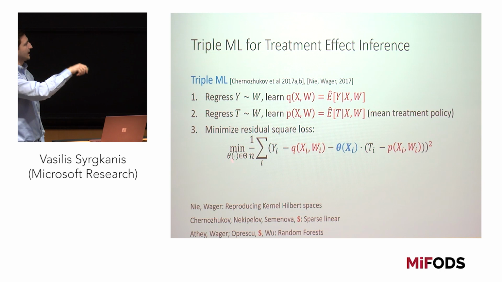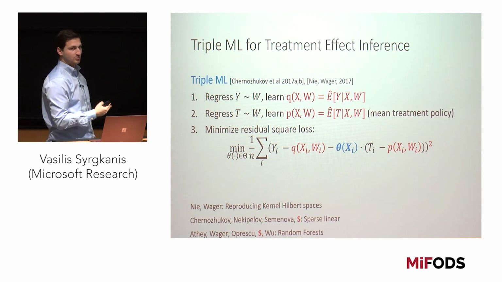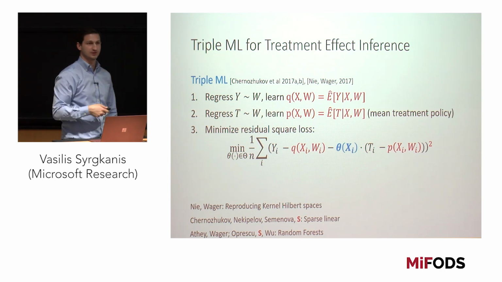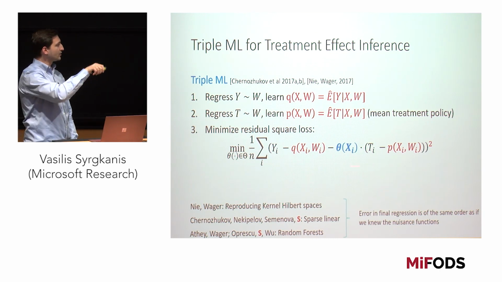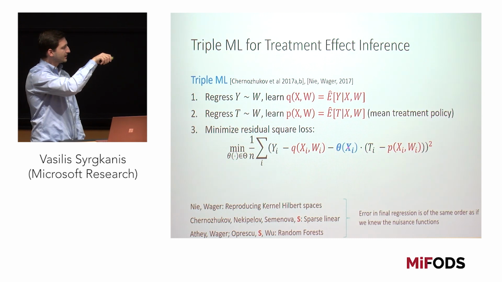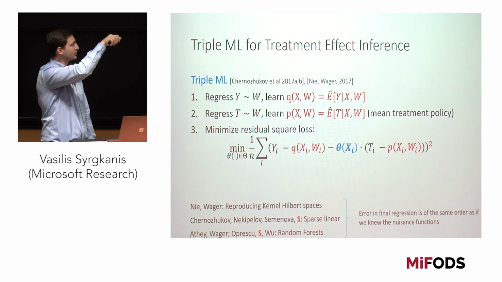Now, for these complicated hypothesis spaces, proving asymptotic normality is typically hard. For forests, we could do something, but in general, you wouldn't hope to prove some form of asymptotic normality, but you could at least hope to prove some sort of mean squared error of your final causal model. And this is exactly what these papers were showing. They were showing that the mean squared error of the estimate in this final loss minimization problem gets a second order hit from the errors in this first stage model.